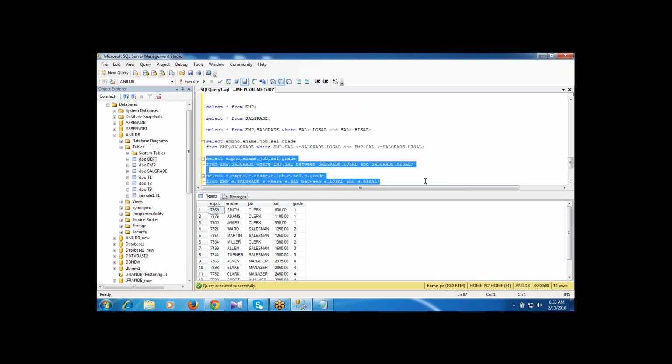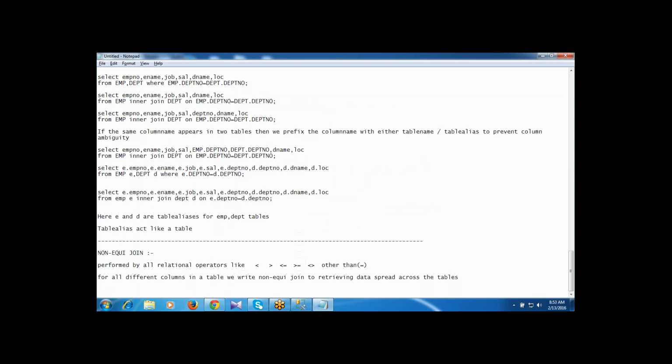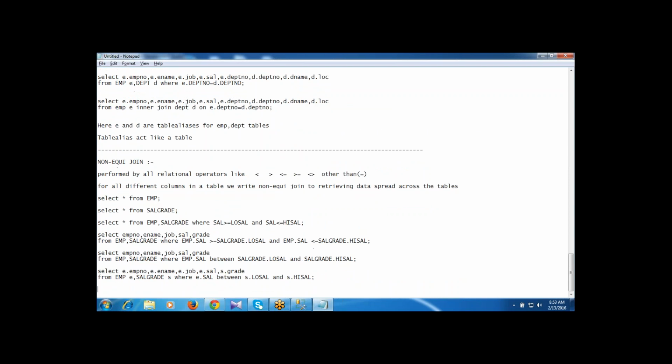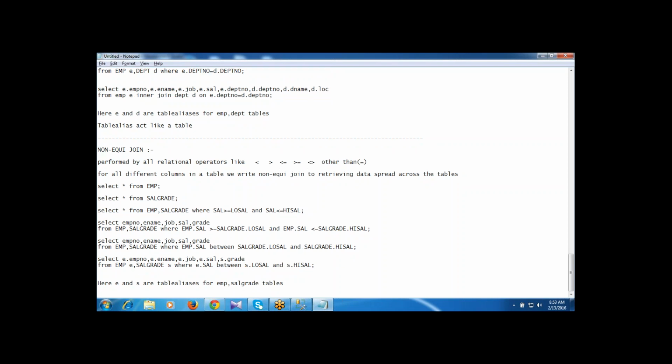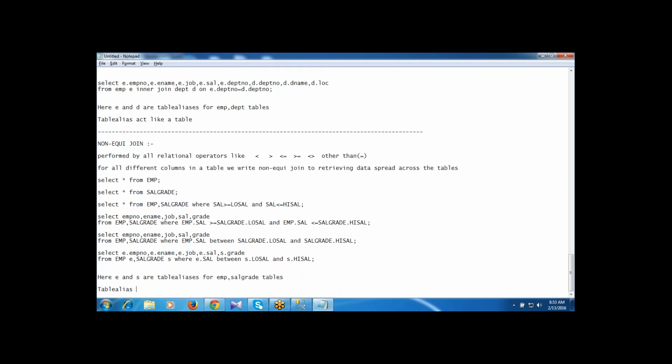Here E and S are table aliases for EMP table and sal grade table. Table alias acts like a table.